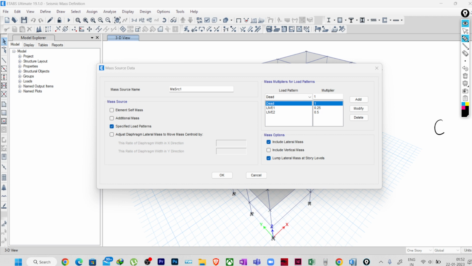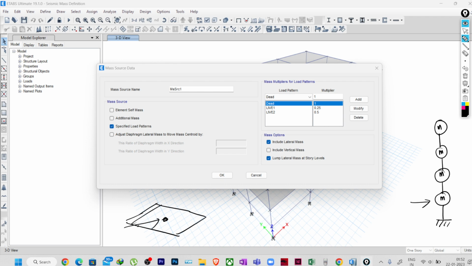We all know that we consider buildings as a combination of many single degree of freedom structures, or a multi degree of freedom structure. So we consider that the mass of the whole story is lumped at the story level and the force is acting on the mass. Why is it lumped at the story level? Because we all know that